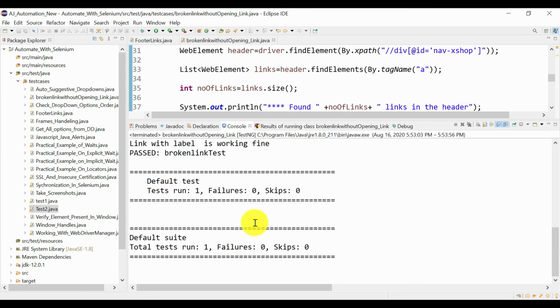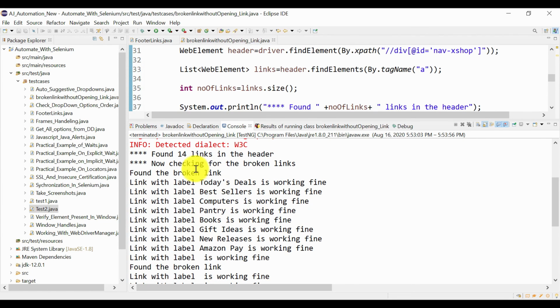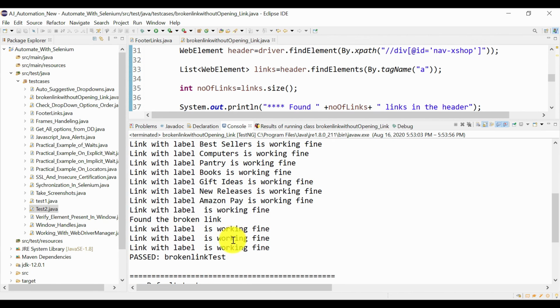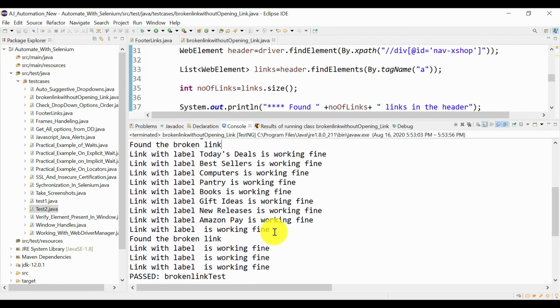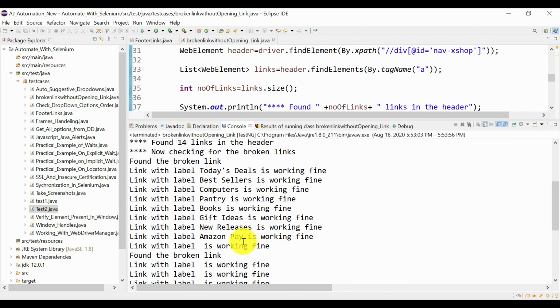So all 14 links it will check. The first one is a broken link for some reason, but we are not interested in that part. So first 1 2 3 4 5 6 7 8 9 10 11 12 13 and 14. Out of 14 it has given 2 as broken links and all others are working fine.